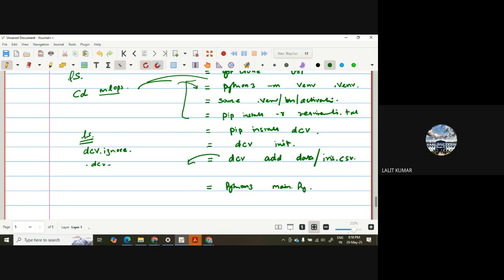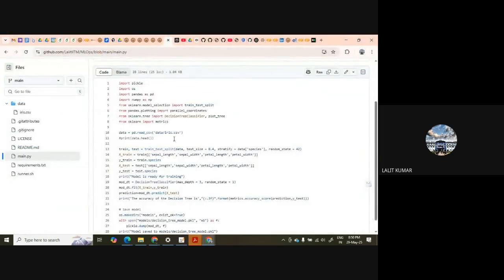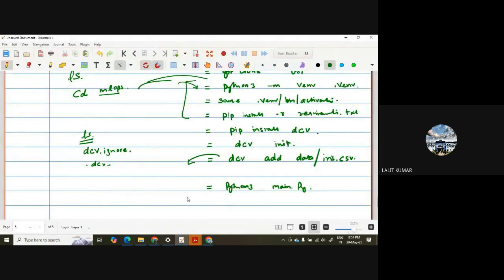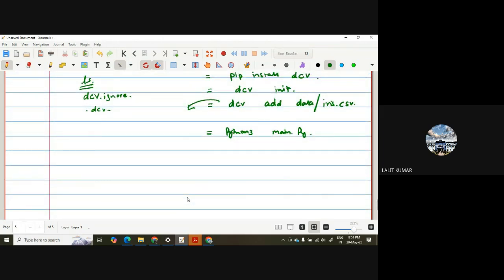So what is happening? Your machine learning code will run, and your model has now fitted on the original data, iris.csv, which has some 150 rows. Now what do you do to demonstrate that your DVC is tracking? In the second iteration, you change, or you can delete, the last 20 rows of iris.csv,